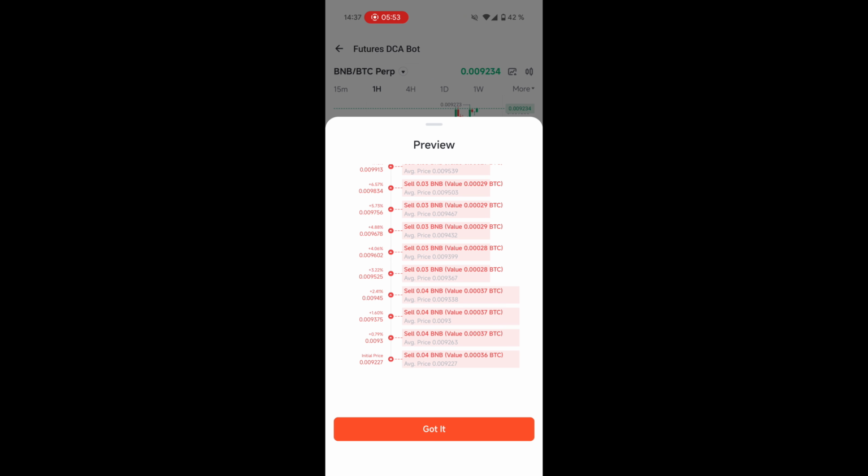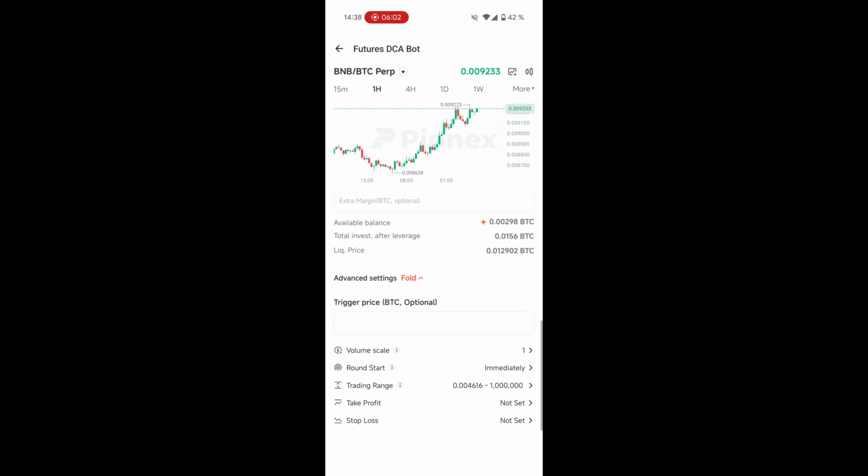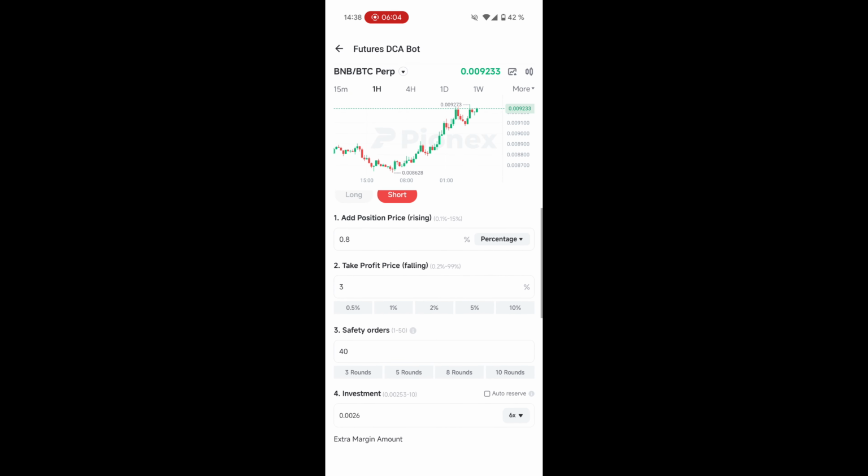So two things you can decide and play around with. Safety orders have the benefit that, like a grid, the more safety orders you have, the more your investment is spread. So it's always a trade-off, right?